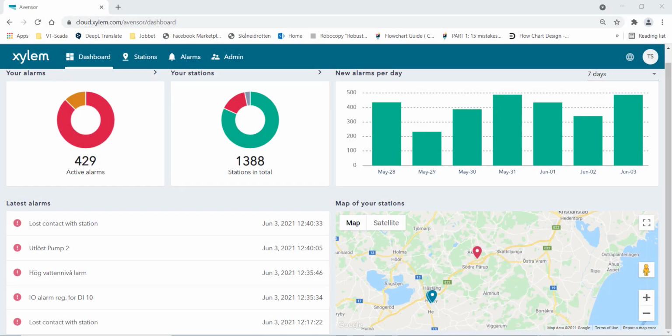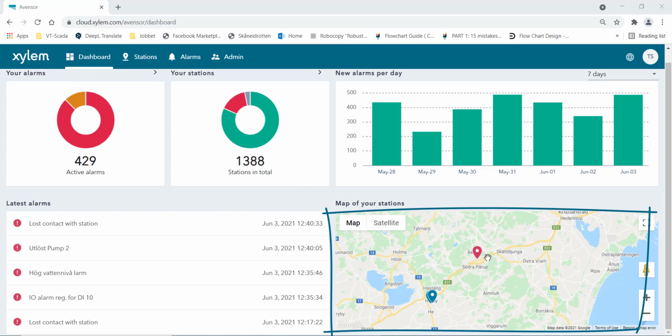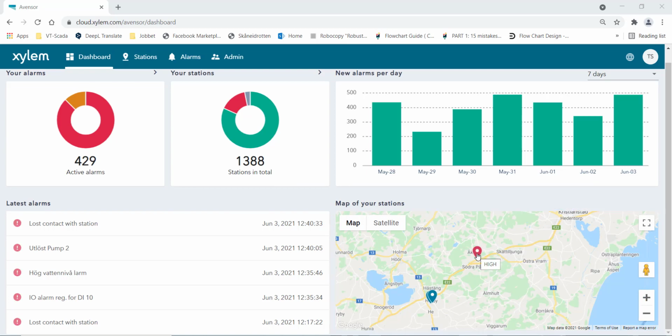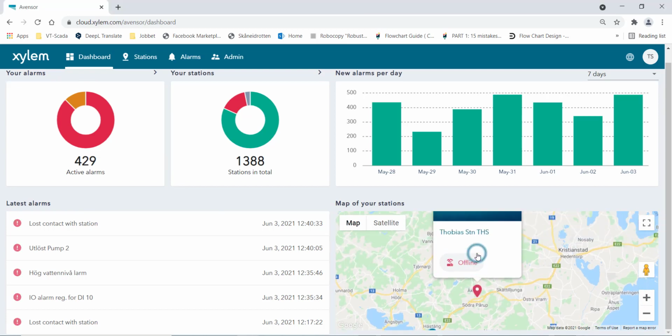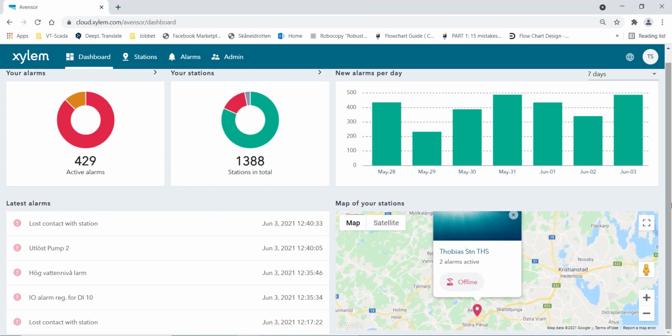There is one more way to access your alarms if you want to. You can always go to your dashboard and then you go on the maps. Here you see a few stations and the one that we have been looking at. It has a high alert, so if I click it, I will get a little bit more information on it.